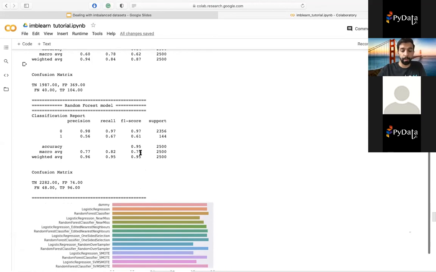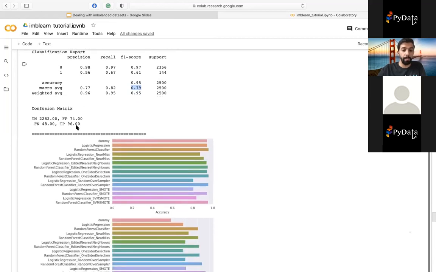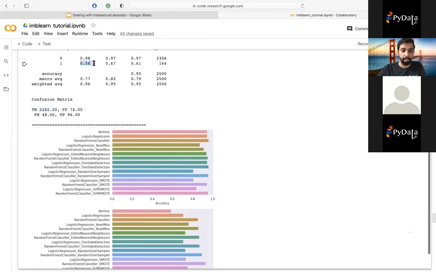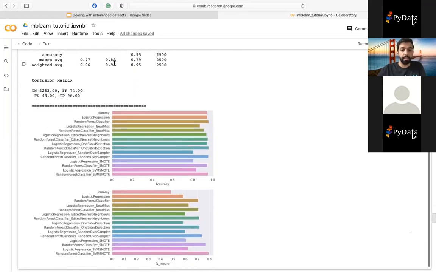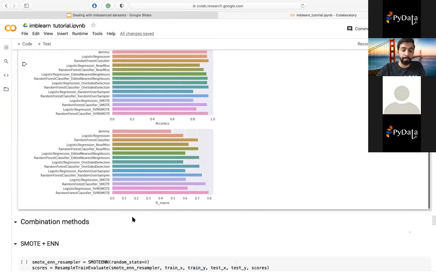This is performing better than normal synthetic oversampling. It's actually reaching 0.79 F1 score. And now we see a lot of true positives, we see a lot of true negatives. Both precision and recall are balanced. So this is a good balanced model. We see accuracy is not changing much, but we see an increase in the macro F1 score with the random forest. Let's try to combine both oversampling and undersampling.